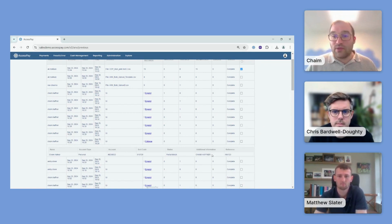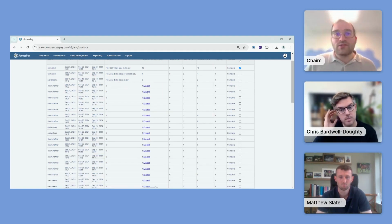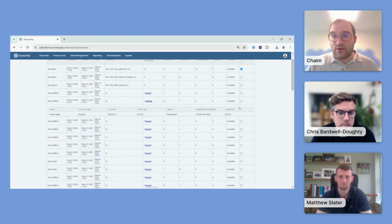And we've now got the additional information column, which shows how you correctly spell my surname. So this is what was missing on the previous version, and this is what everyone was asking for. So what I'll show you now is the improved download results as well. So if we take a look at the one where we selected the wrong account number and also spelt my name incorrectly, if I click that,